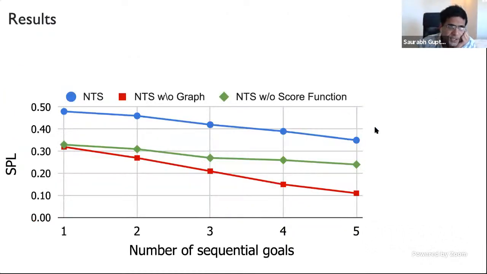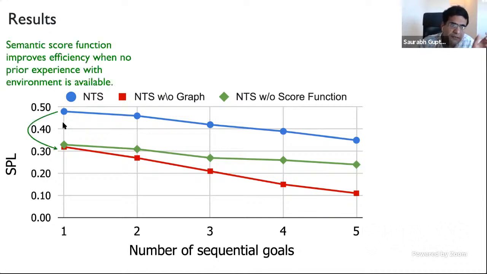You can actually do further analysis, and this is to show the utility of the score function and the utility of the graph. So the blue line shows the full system that we have. In this plot, we are doing a number of sequential goals. We are not just asking the agent to go to one goal, we are asking the agent to go to multiple goals in the same environment. So what we see is that when you try to do the first goal, it turns out that having this score function is actually very useful, right? If you have not had any experience with the environment, knowing what are useful directions to explore helps you quite a bit, right? So you see quite a bit of gap in performance between our method and the baselines